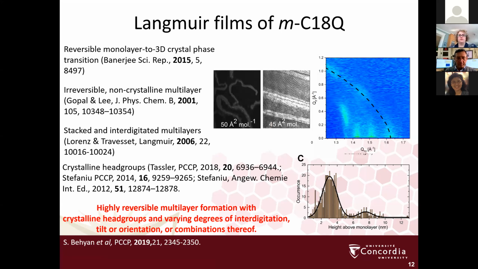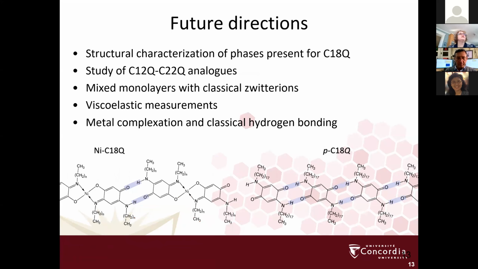So in this story, that's where we are. We've managed to structurally characterize the phases, and without the benefit of the diffraction, we would never have been able to work out what the BAM images were showing, because it made no sense that we could go up and down this isotherm with no evidence of a phase transition at all, and no evidence of coalescence. So it took the diffraction to understand this.